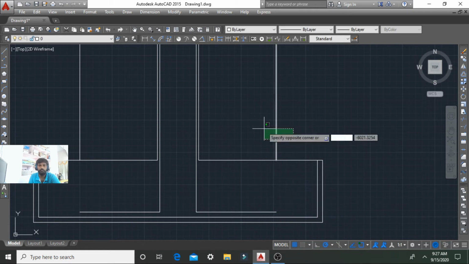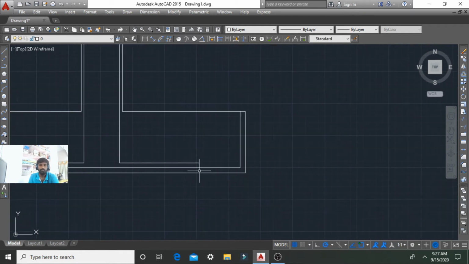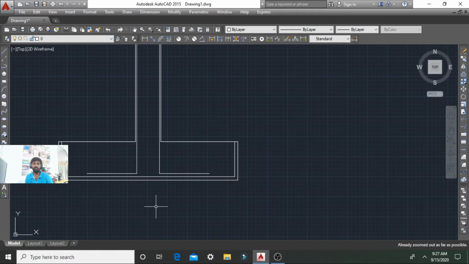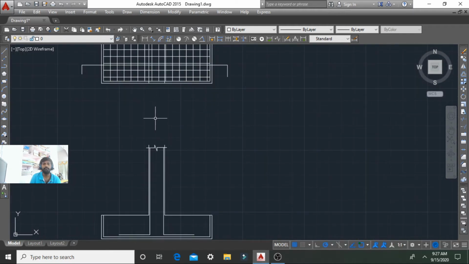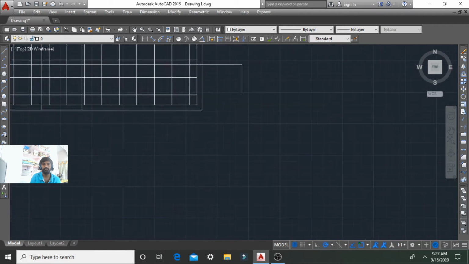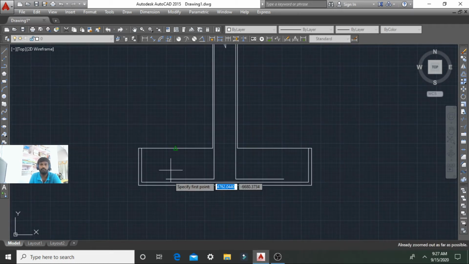Here the reinforcement will be arranged like this. We already have 16 mm diameter bars along the 3000 mm span, so the reinforcement will be placed here, like this.